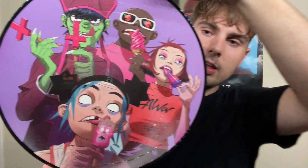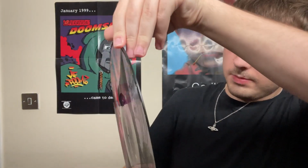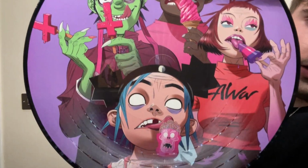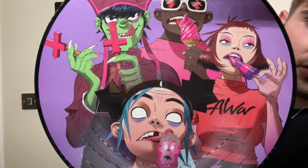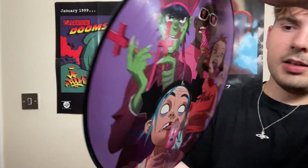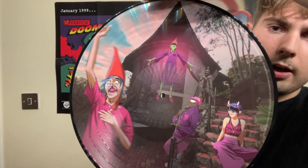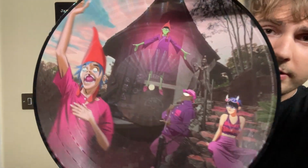So there is side, is that side A? It should be side A. I believe that's side A. With the gang looking, some ice lollies there, some ice cream. And then on the back is the Cracker Island cover that we all know and not love, because it's just,